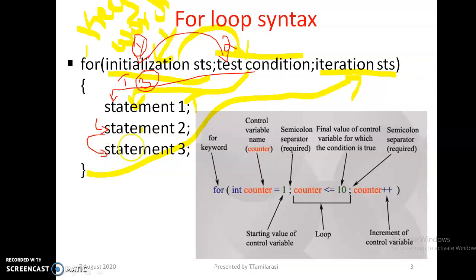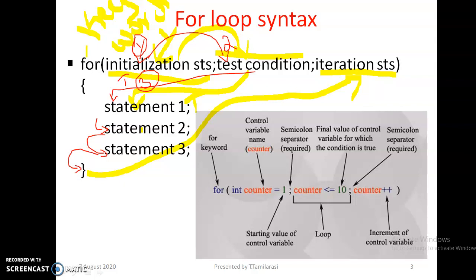If we have n number of statements, it executes all those n statements, then moves to the end of the block, that is, reaches the closing braces.